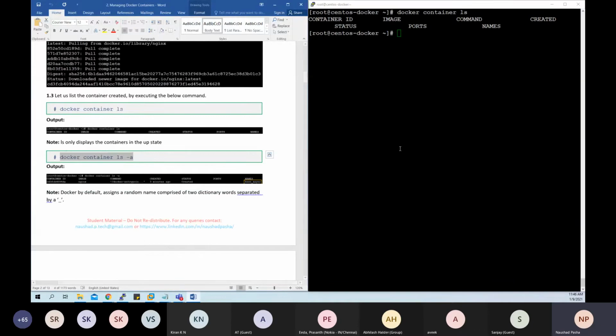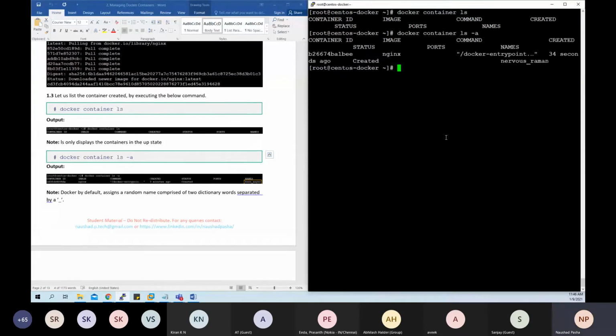If you want to see a container or containers which are not in up state, you have to additionally use the option -a, include all. Now you see the container in the created state. It is not in the up state. And because we did not name the container, it got some random name, some dictionary random words.